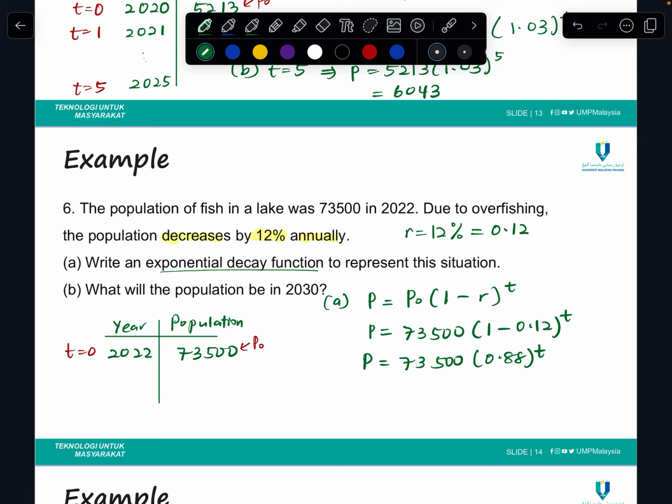Now let's go to question B. What will the population be in 2030? So 2022 is t equal to 0, 2023 is t equal to 1. And what is 2030? You have to subtract 2030 minus 2022. It is equal to 8. So here we want to measure the population when t equal to 8. So when t equal to 8,